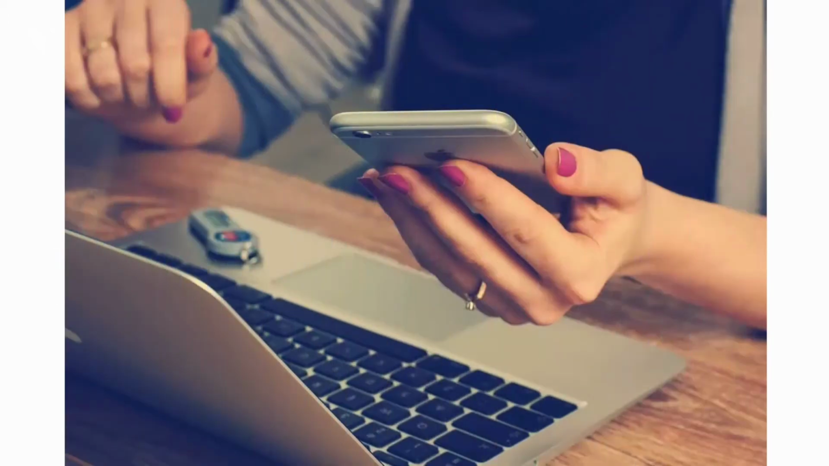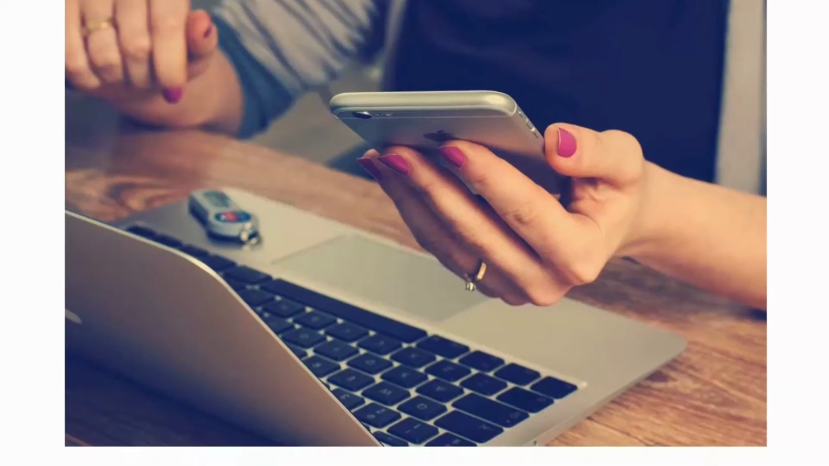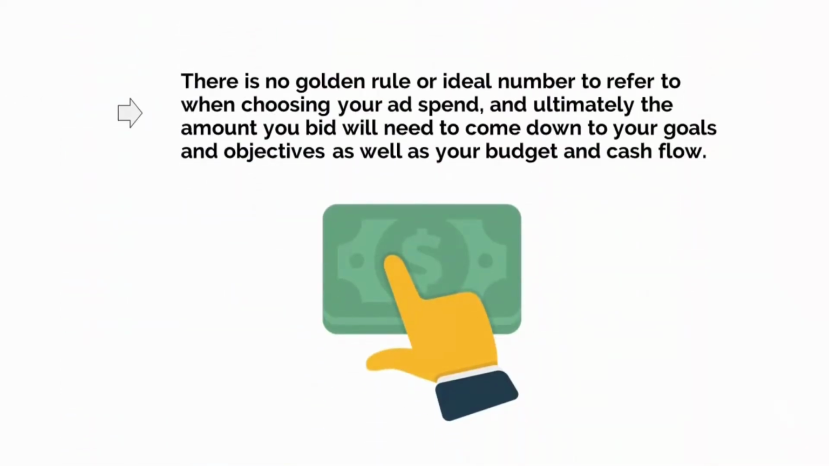You'll be able to set a budget that you won't go over. This is particularly useful if you have a limited budget, as it guarantees that you won't spend more than you can afford. It also means that you're capped out at a certain amount though. So if your daily spend is $10 and your CPV is 50 cents, then there's a chance that you only get 20 views before your pool runs dry. Unfortunately, there is no golden rule or ideal number to refer to when choosing your ad spend,